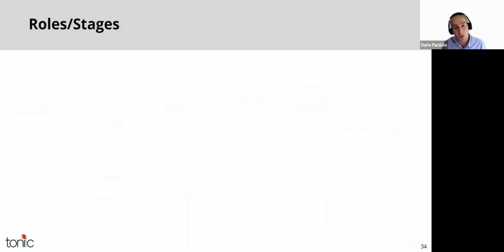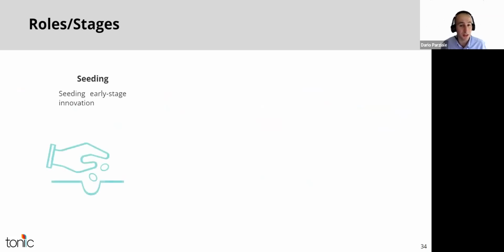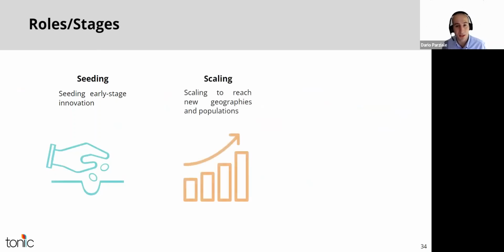The same report also identifies 3 specific roles for the deployment of catalytic capital that are tied to the stage of development of a company or potentially fund. The first one is seeding and early stage innovation. Then scaling by realizing economies of scale and reaching new geographies and population segments that commercial capital alone will not